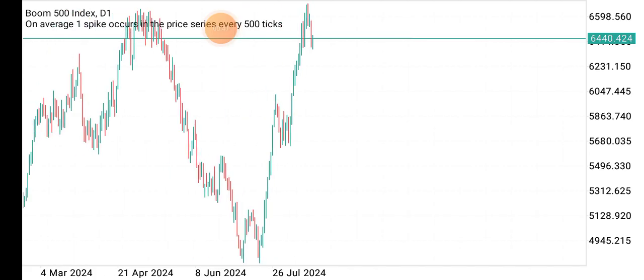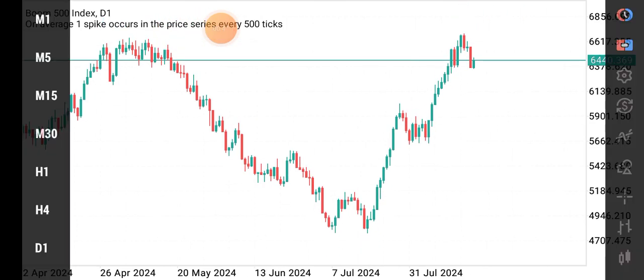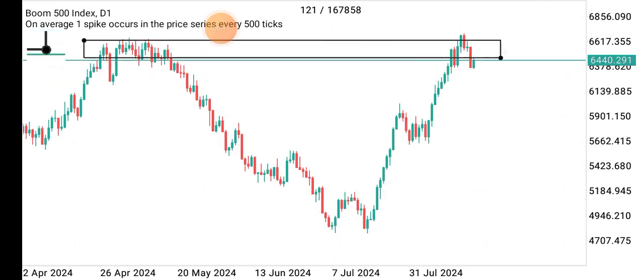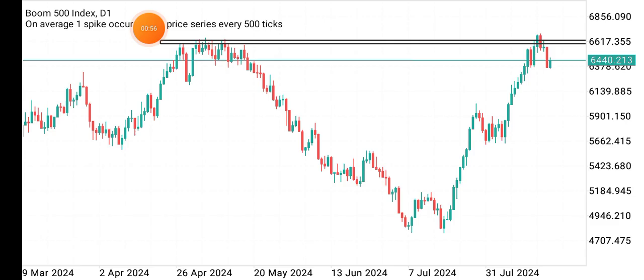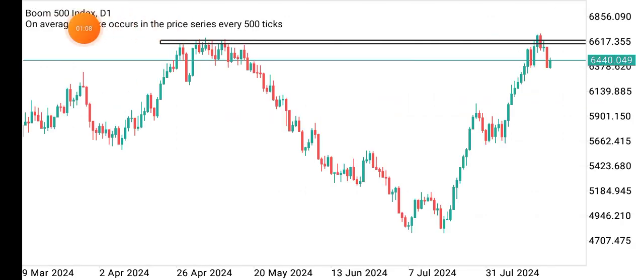You can see the market has been really bullish on the daily time frame, and at some point it got to where we had this strong zone here where the market reversed, because this is where the analysis started. Let me just do it at once so you can learn from it anyway. All right, so you can see the market was actually bullish, then it got to this zone which had bought previously, which had sold from previously, and you can see there was a serious consolidation here previously, and I suspected the market was going to reverse on getting to this